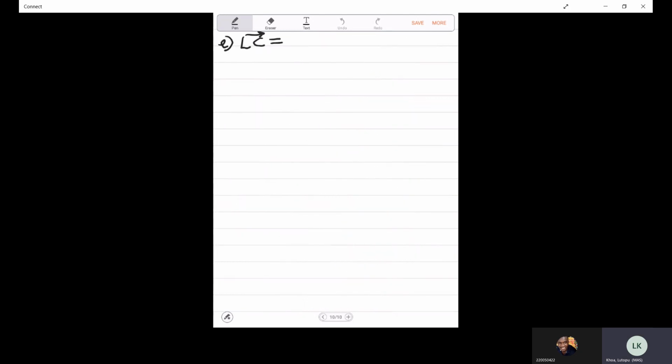LC is equal to negative of OL because it's in the opposite direction. And then I add OC. So I go from O to C. And this is equal to negative of 3B plus 4A minus 3B. Then you just combine your like terms. This is 4A minus 6B. And that's it. And then F